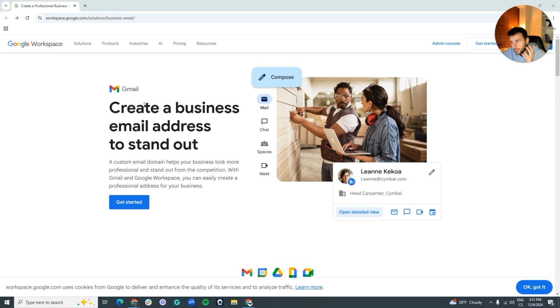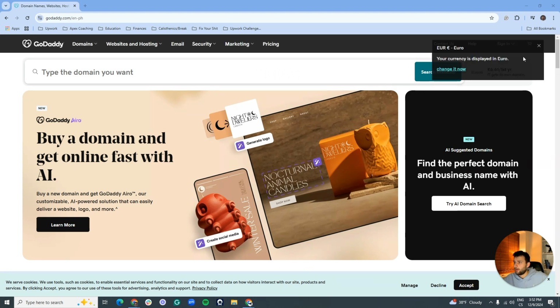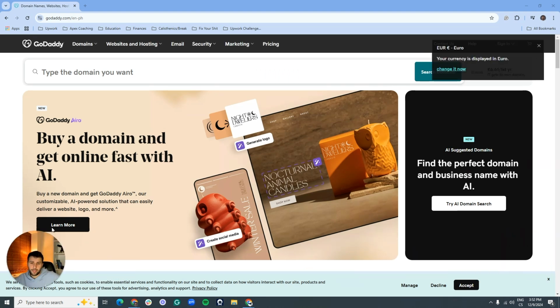Okay, now the domain, I would recommend you to create it either on Squarespace or on GoDaddy.com. And that is very, very simple. So let's get right into it. So right now we are at GoDaddy.com, and what you want to do is simply create your